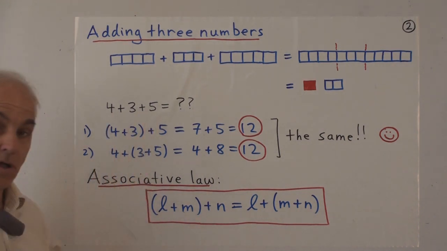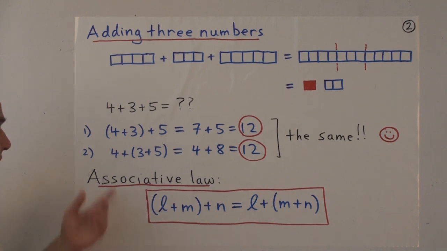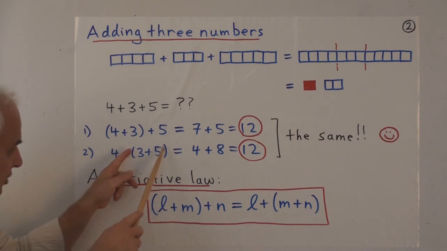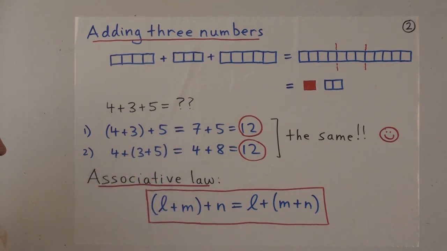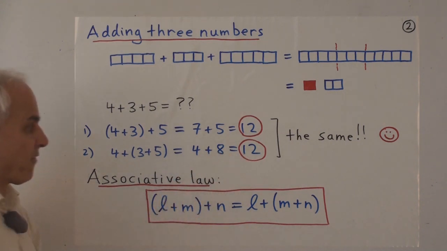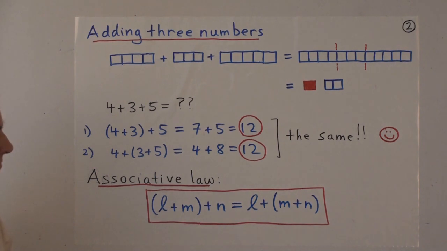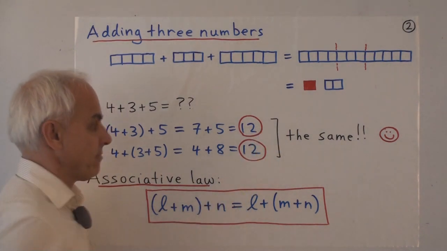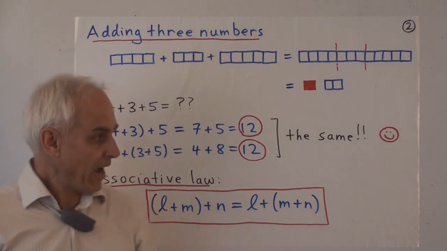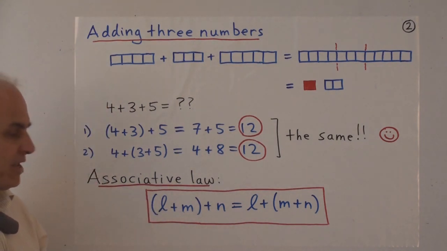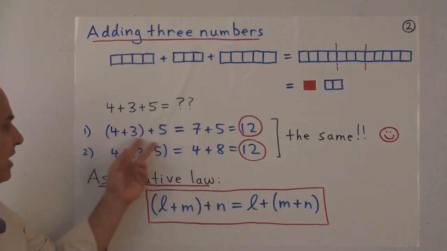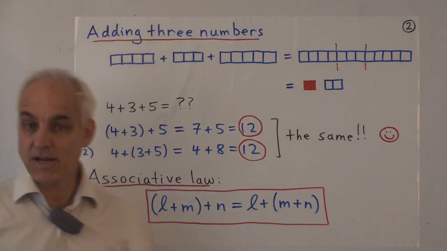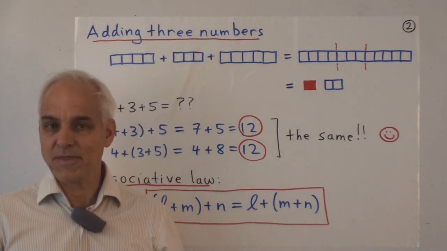However, the same sum can also be interpreted this way, where the instruction is to add 4 and the sum of 3 and 5. Well, the sum of 3 and 5 is 8, and then 4 plus 8 is 12, or 10-2. So in both cases we're getting the same number, which is reassuring, and this can reinforce the idea for students that they're doing things right. If they end up getting the same answer with this kind of question, then very likely, not necessarily, but very likely, they will have been doing things correctly.